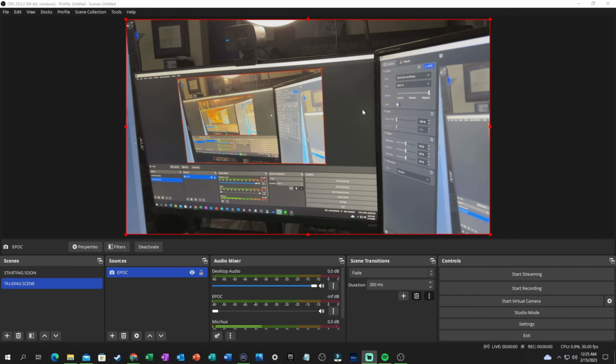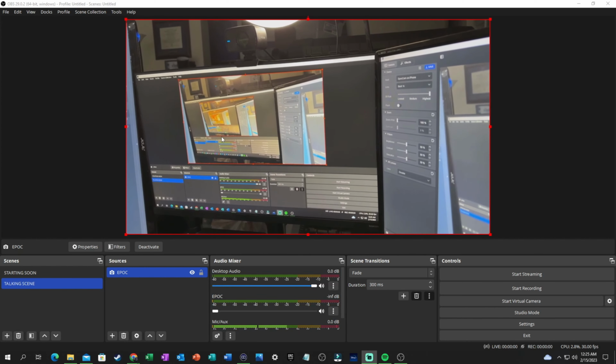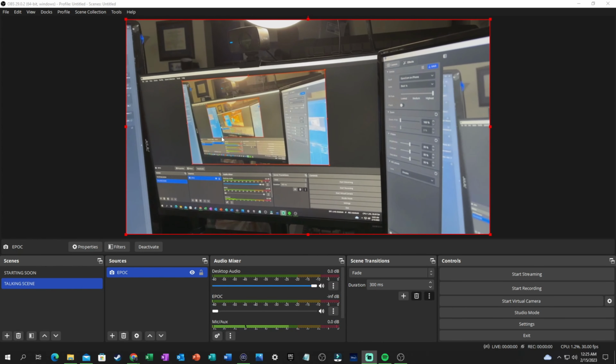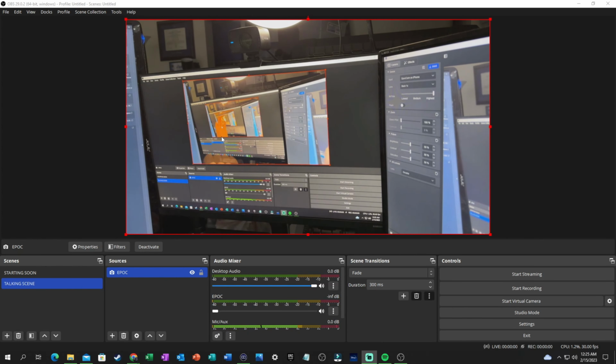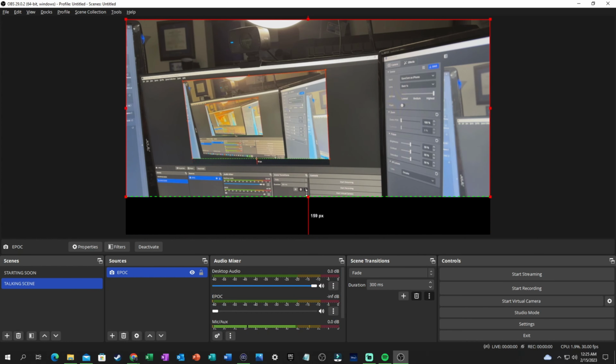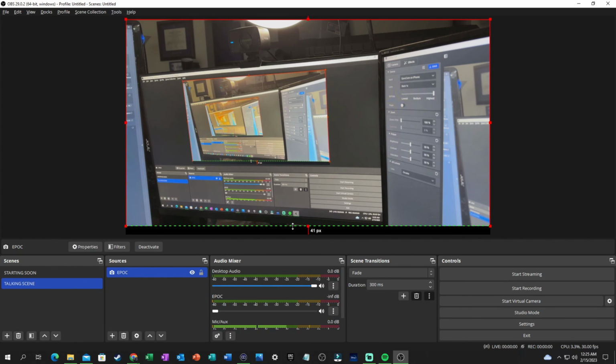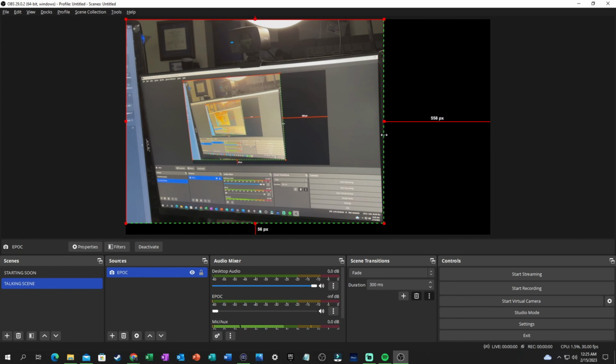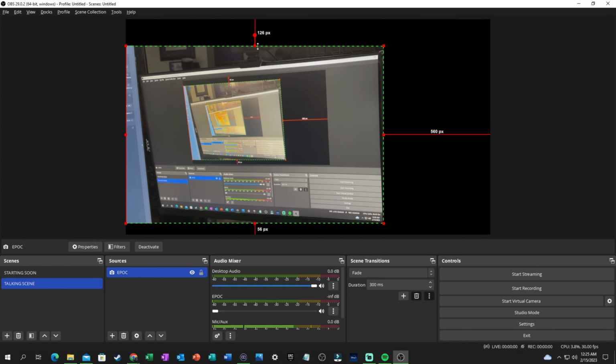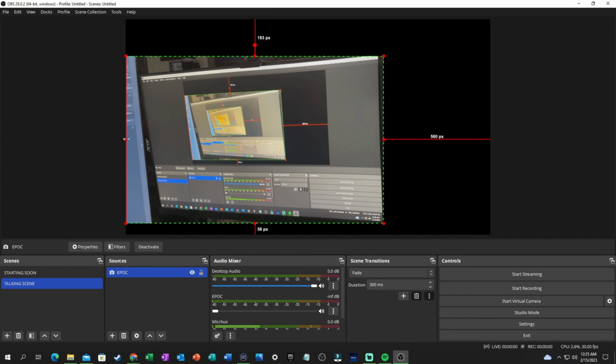Now if you notice, well, this isn't exactly the best picture right now, right? Because even if I rotate this, well, we want to try and center on the object that we're going to be using here. So this is what I'm going to do. I'm going to take my arrow, and I'm also going to use the Alt key. I can move this upside down. I can change this any which way I want. So I can bring it over to the side. Hold down the Alt key. Oh, I can bring this down. We can basically crop this so only what we want to be in the picture will be in the picture